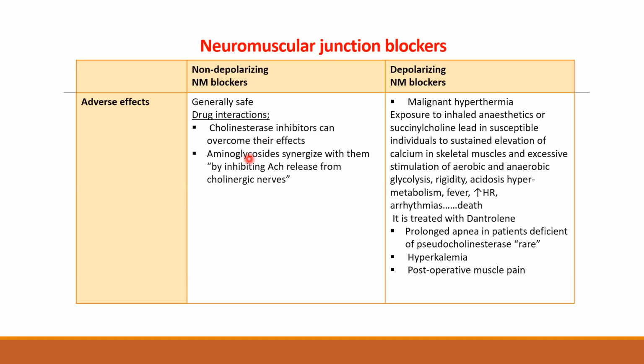The other drug interaction is aminoglycosides. Say, for example, that the patient, before he was sent for surgery, had a UTI or something, and needed aminoglycosides, which are very commonly used to eradicate gram-negative bacilli infection. This is a group of antibiotics that, by themselves, inhibit acetylcholine release from cholinergic nerves. They're not going to cause much of a problem in the patient, but if the patient was being treated with them, and now during the surgery he's getting neuromuscular junction blockers, then you might see an exaggerated or synergistic effect with the neuromuscular blockers.